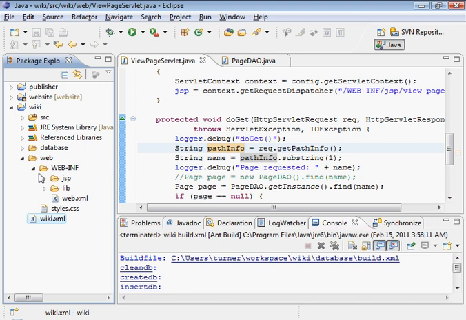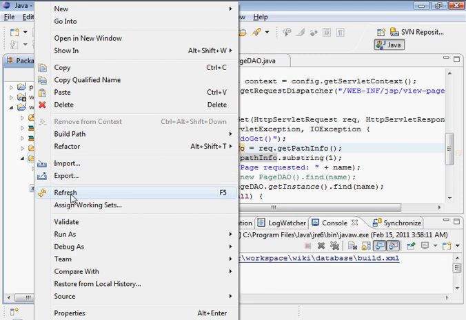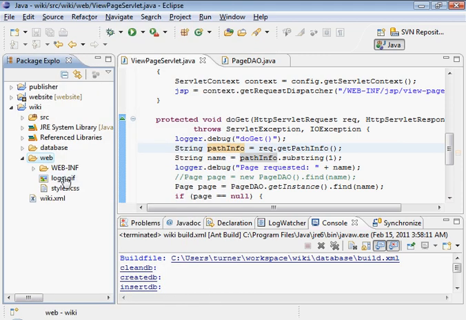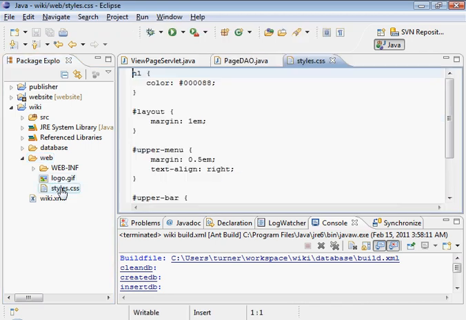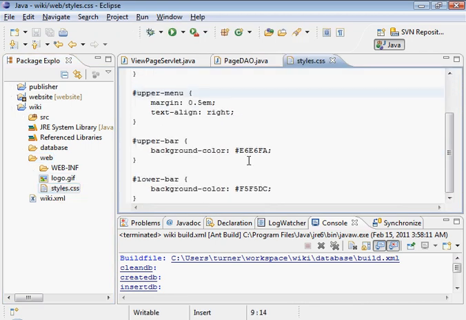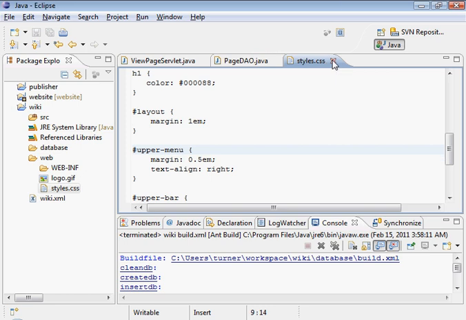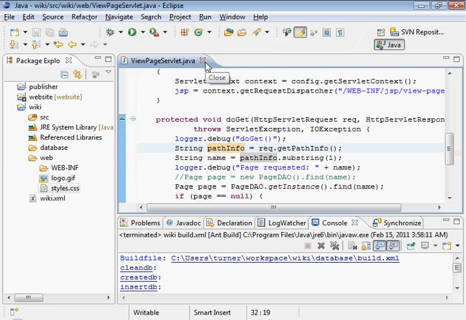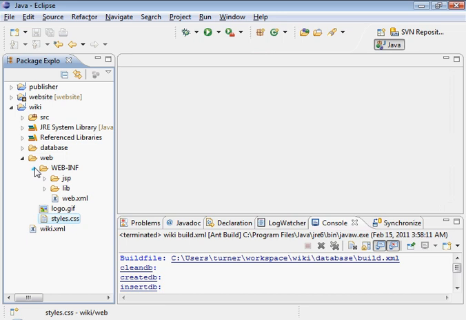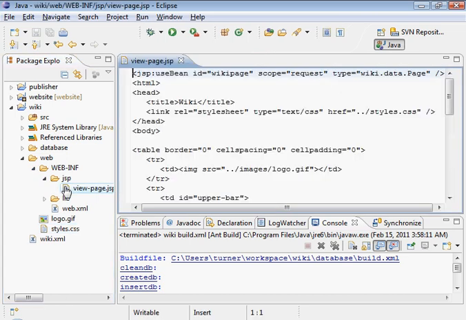Now, if you look under web, you will not see that file. So what we'll do is refresh, and then you'll see it appears there. In fact, let's check that. Under styles, styles doesn't have anything. But the JSP file will have a reference to that